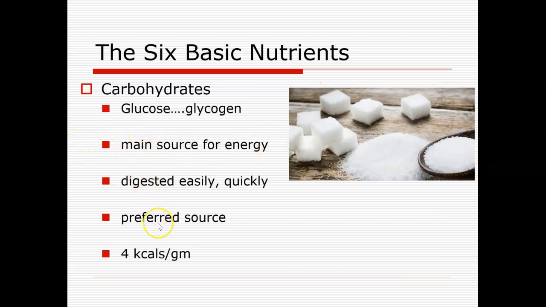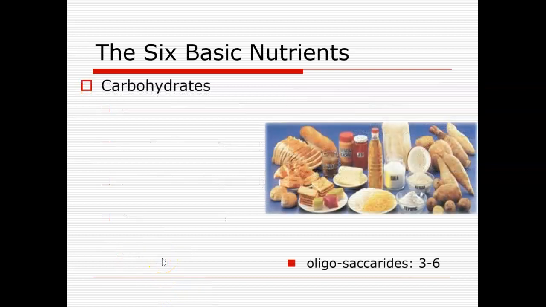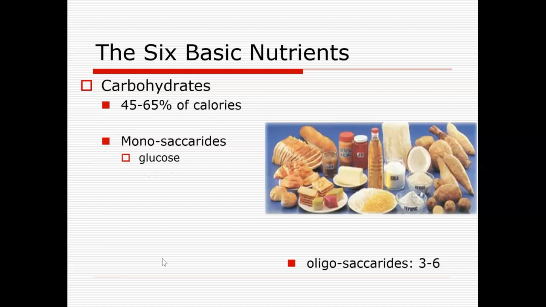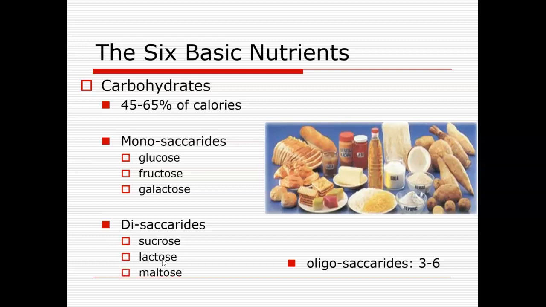All of these are what carbohydrates are. They are the main preferred source. It's very easy and quick for our body to get energy out of carbohydrates, and that's the preferred form. We're built to be a carbohydrate metabolizing organism. Definitely make sure you know your calories per gram as we go through those. You should know your general percentage window of calories. The general concept is that the more glucose molecules you get, the more complex it gets.